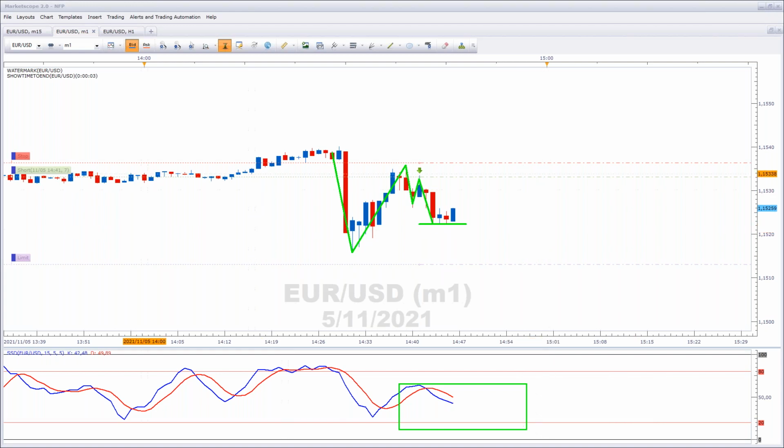We've got 3 seconds, we'll get another candle here. And we'll look to see if we can get another lower peak.